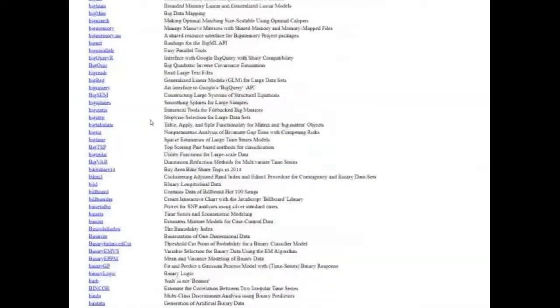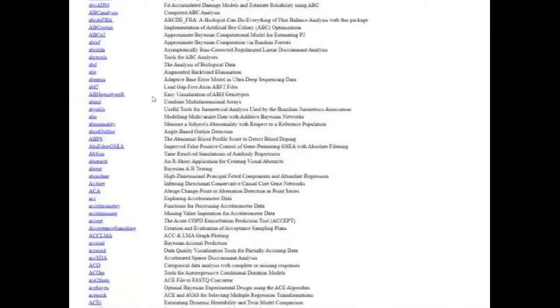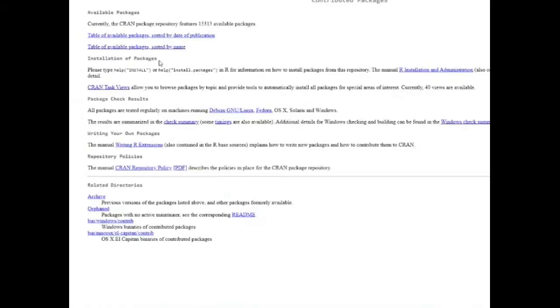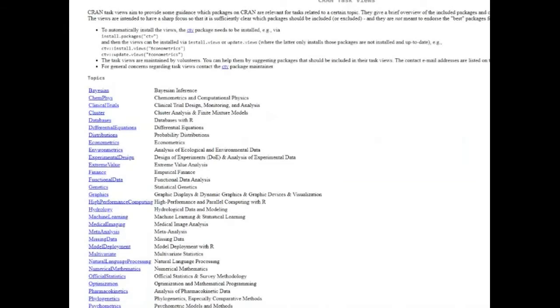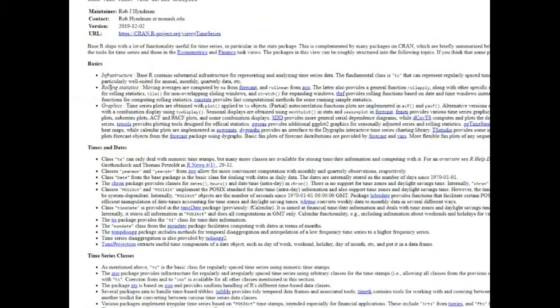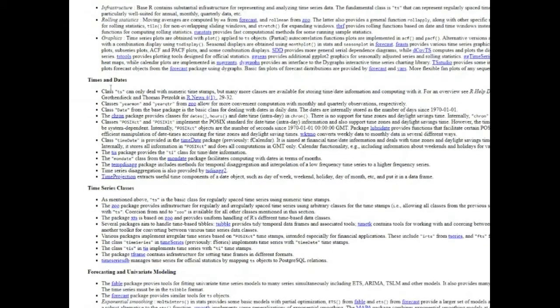Now that can be a little bit overwhelming, but fortunately, the packages are also organized in task views. What a task view does is it organizes the packages by categories. As you can see here, this makes it a little bit easier to work with. We've got econometrics, environmetrics, meta-analysis, missing data packages, social sciences, robust. If we go into social sciences, it gives you a list of all of the various packages that are included in this particular view. Bayesian meta-analysis, so there's a number of tasks that are associated with this. Let's go into survival, time series. We wind up with a time series analysis package, which gives you the basics of what's in this package, what you can do with it,